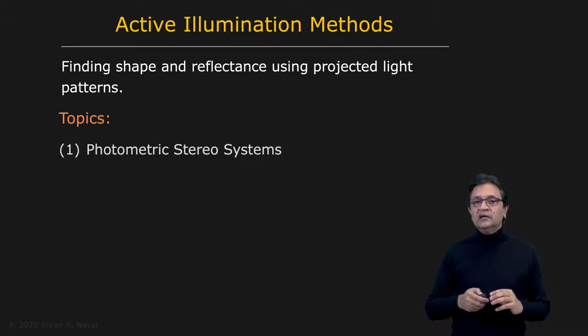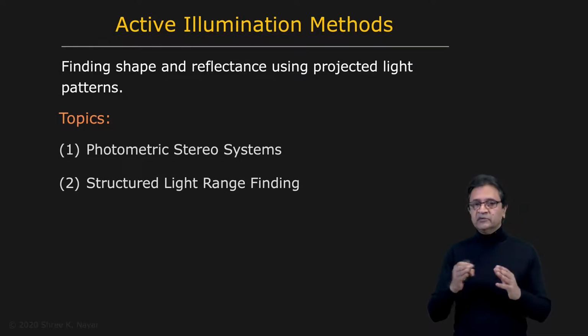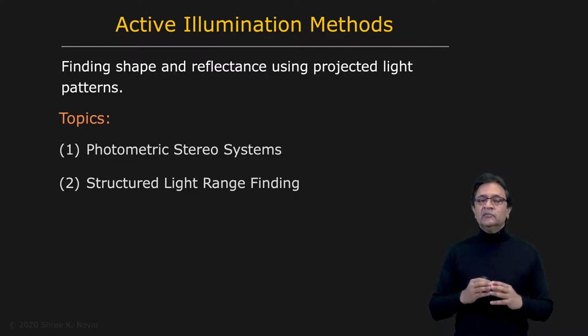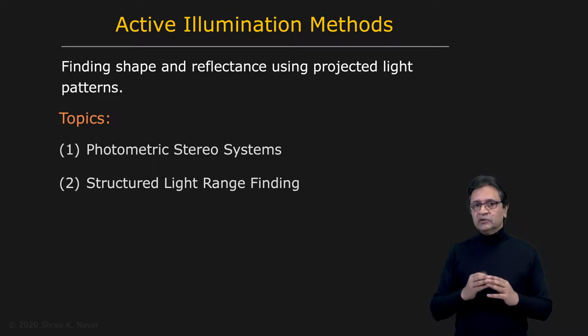Next, we're going to look at structured light range finding. By the way, range finding is synonymous with depth finding. The idea here is to throw out a small number of light patterns onto the scene using, for instance, a digital projector, capture images using a camera, and then compute the depth of each point in the scene. We're going to start off with a class of techniques that use a small number of discrete brightness levels, or discrete colors, in order to construct the light patterns.